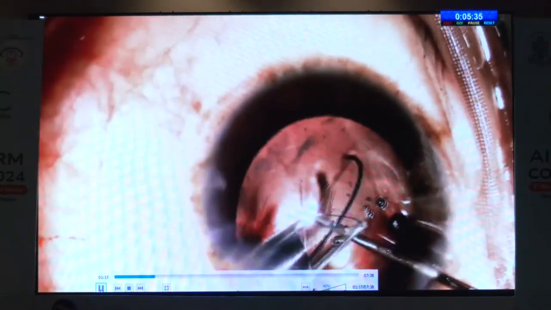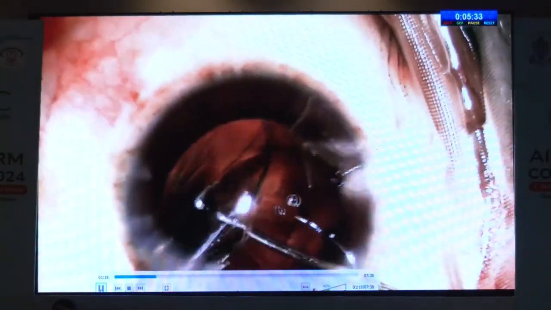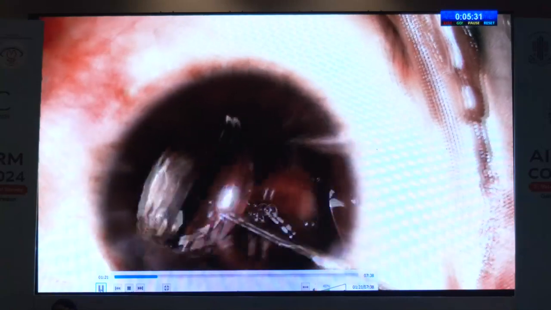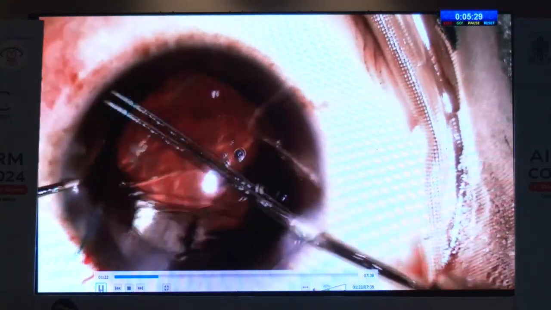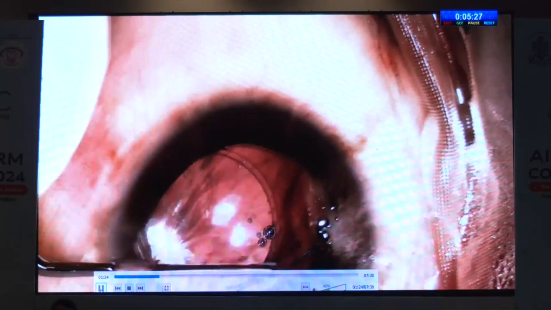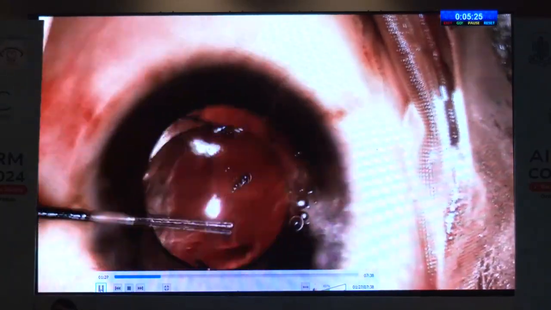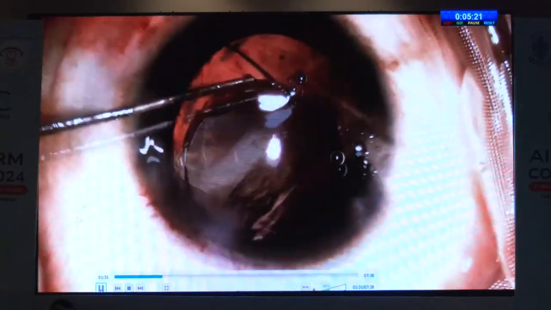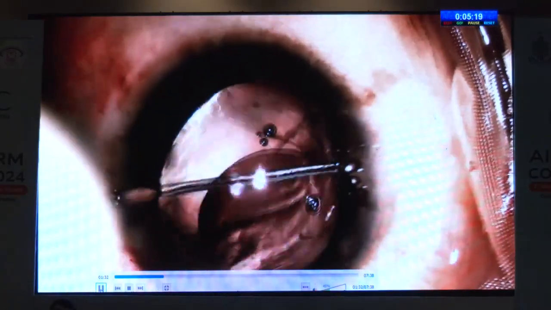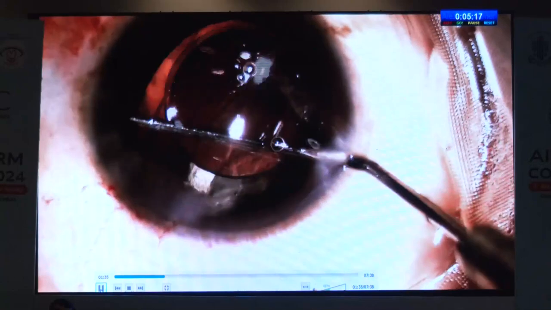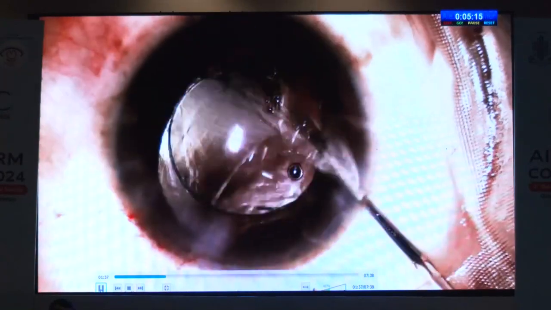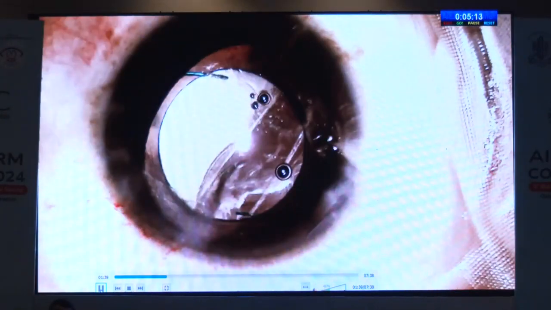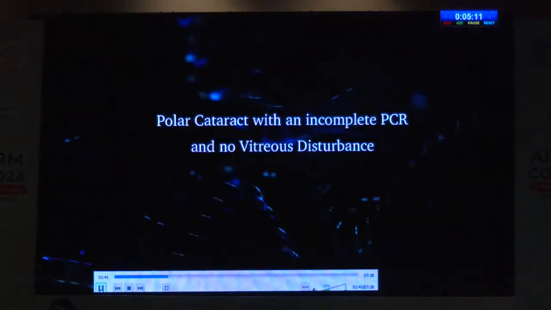And all of us need to learn, and if you haven't, you must, even in your normal eyes, learn how to place a 3-piece IOL into the ciliary sulcus after making your incision about 3.4 millimeters. There's no question of ever putting a monofocal lens in the sulcus. Put a 3-piece lens, preferably. I haven't done it here, but you should do an anterior or posterior optic capture. Thereby, you don't need to actually change the IOL power either.